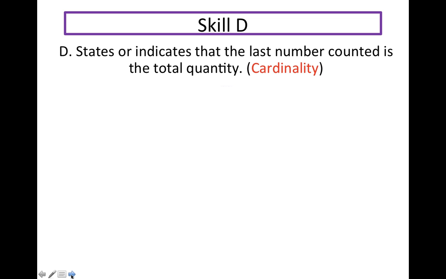So moving on, skill D. The student states or indicates that the last number counted is the total quantity. So cardinality. And an example of this is